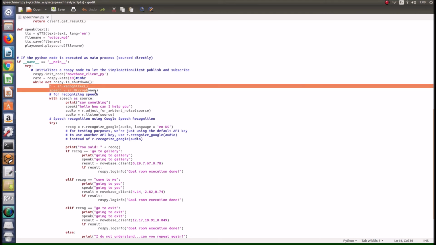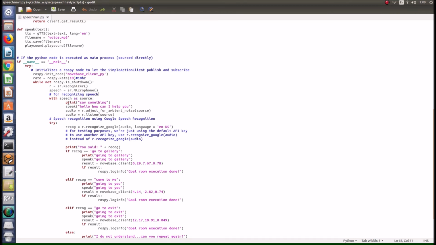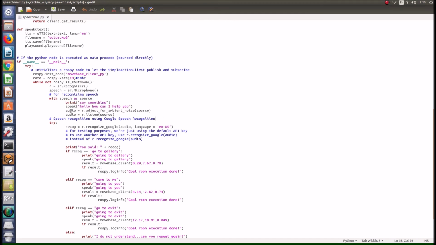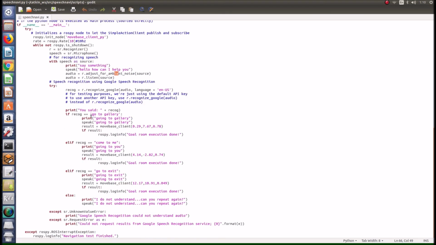And finally, the main function, which allows the robot to recognize speech using the microphone, and also allows the robot to ask a question. So right now I want this robot to say, "Hello, how can I help you?" and adjust for ambient noise from the surroundings, so it helps keep the noise from distracting the audio.